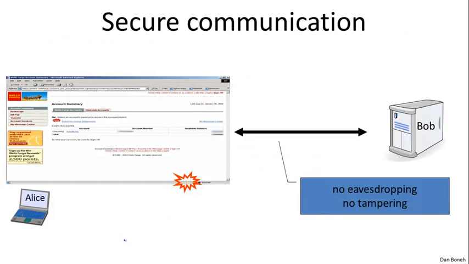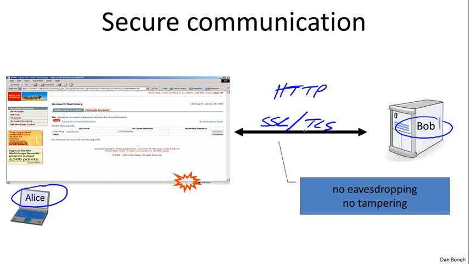Now, I want to go back to secure communication and talk about the case where we have a laptop trying to communicate with a web server. This is a good time to also introduce our friends Alice and Bob, who are going to be with us throughout the quarter. Essentially, Alice is trying to communicate securely with Bob. Here, Alice is on the laptop and Bob is on the server. The protocol that's used to do that is called HTTPS, but in fact, the actual protocol is called SSL. Sometimes it's called TLS.